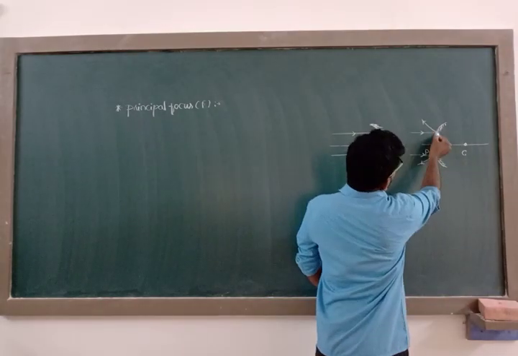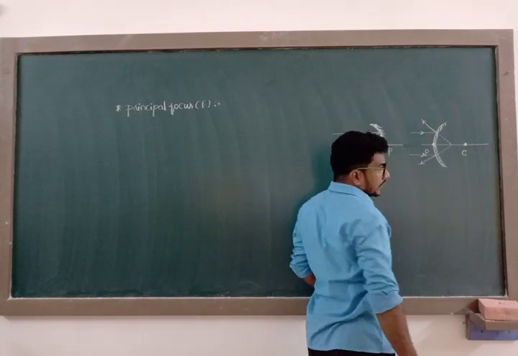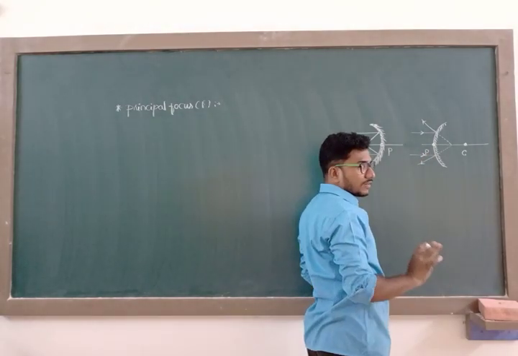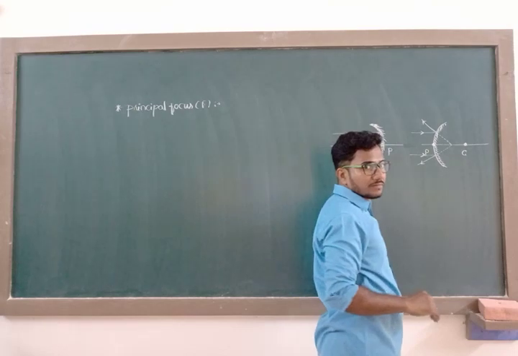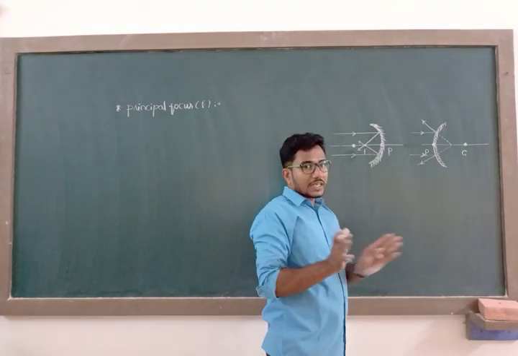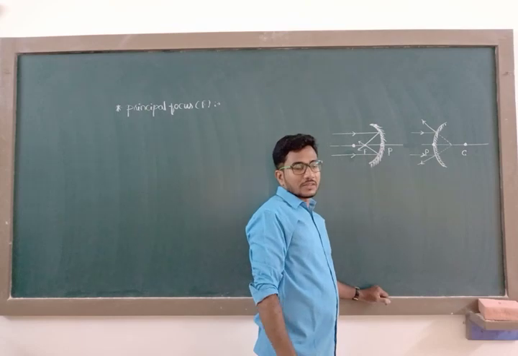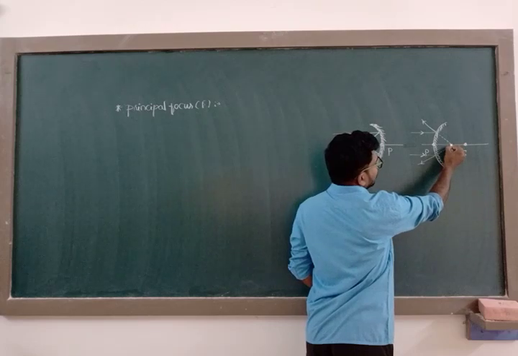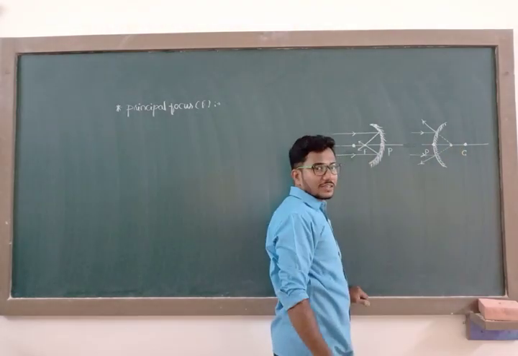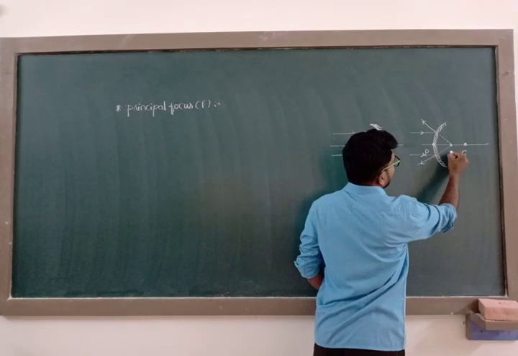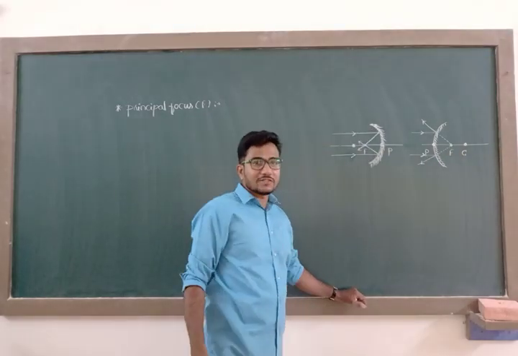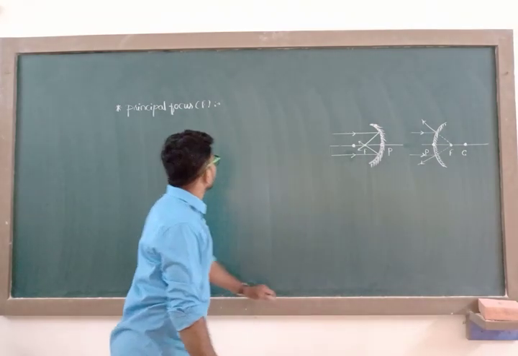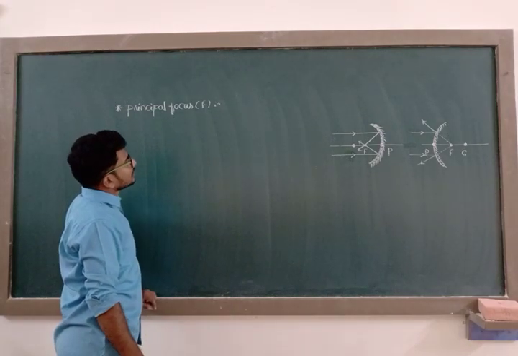By proceeding these two reflected light rays in backward direction, because if you proceed these two light rays in a forward direction, they never meet with each other, because those light rays are diverging in nature. For an observer, it appears as if these two reflected light rays are emerging from this point on the principal axis. This point is known as principal focus, in case of convex spherical mirror. So here principal focus is nothing but